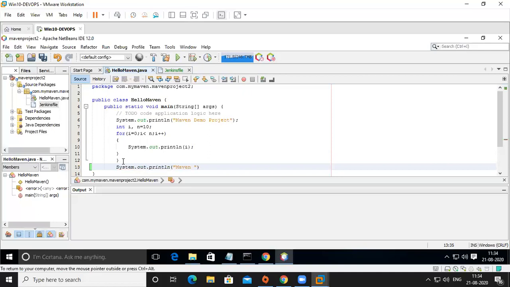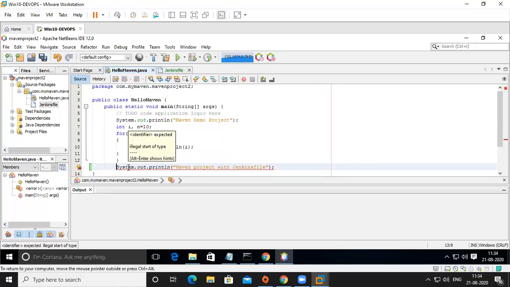Maven project with Jenkins file. Okay. Yeah, correct. Why is it stuck? Maybe it is stuck in some place.